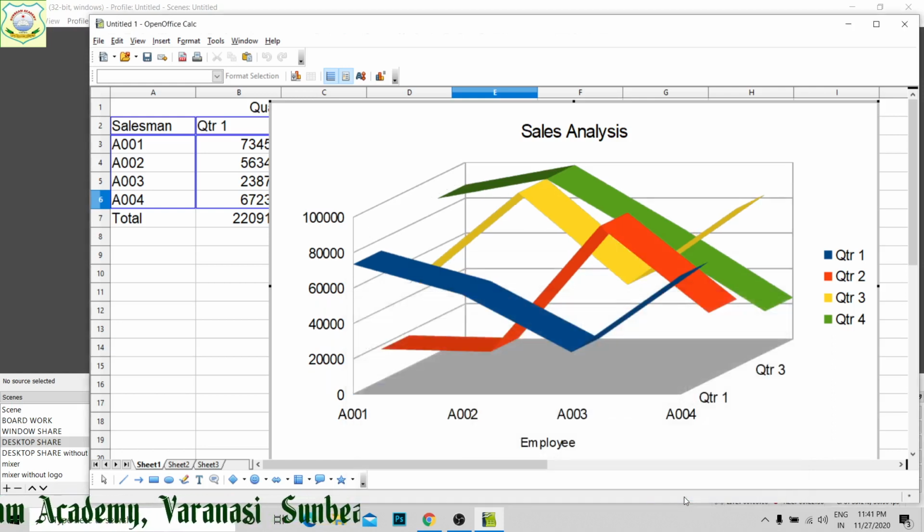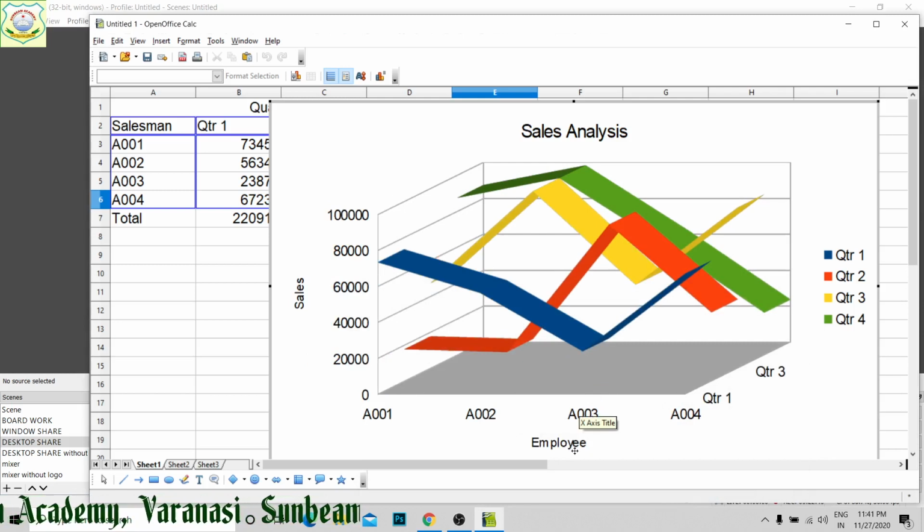Now click on finish. You are able to see your employee sales in all the 4 quarters. Their sales has been given. This is for A1 starting, this is for A2, A3, A4. These 4 employees details has been given, right?